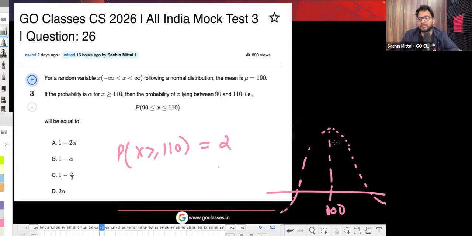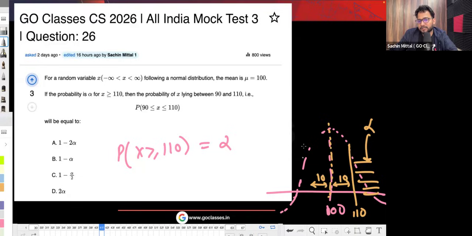It is symmetric about the mean, which means that if the mean is 100, and they are saying greater than 110. Okay, let's suppose this is 110. Greater than 110, the probability is alpha. Then if the distance is 10, then at the 10 distance there will be 90. Okay, then this probability will also be alpha, which means if greater than 110 is alpha, then